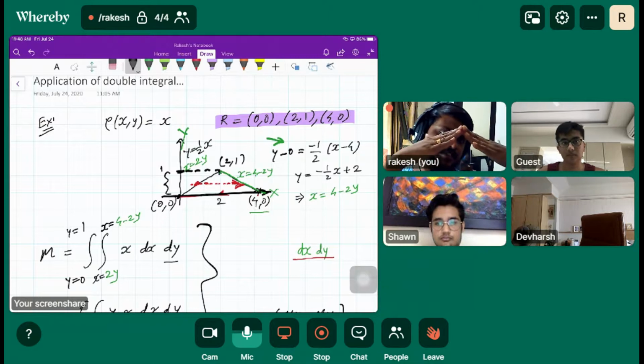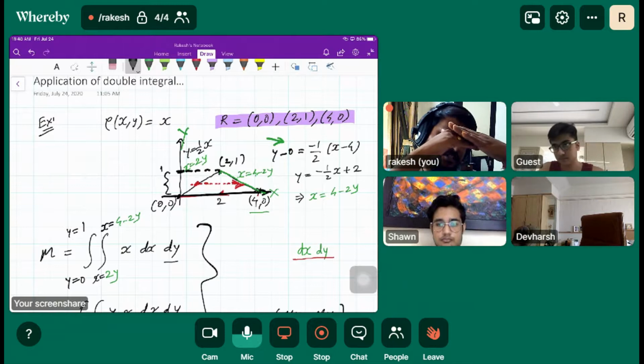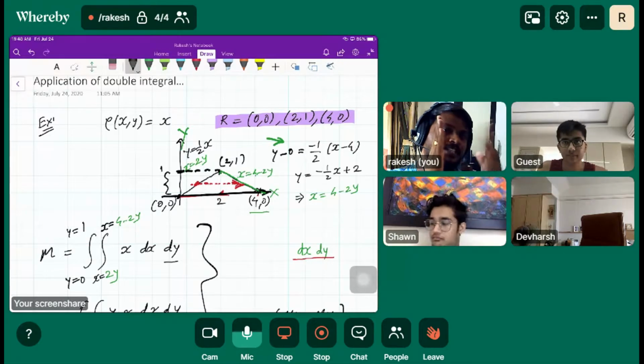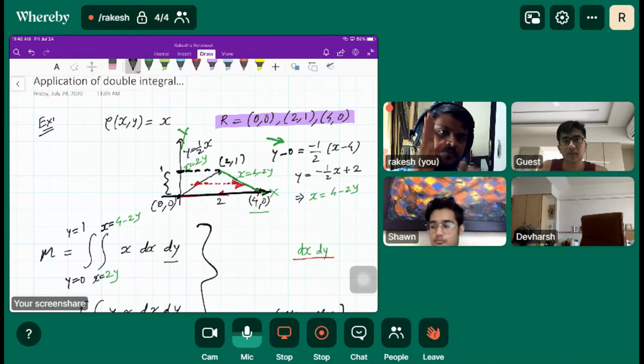So these are two functions. What is x is equal to of this function? What is x is equal to of this function? Whereas in case of a rectangle, that was constant. So if you take either the x direction or the y direction, it is one and the same thing, because if you go along the x direction, it is from some constant value to some constant value. If you go along the y direction, it will cover the whole region, if you go along either the x direction or the y direction without switching the function.